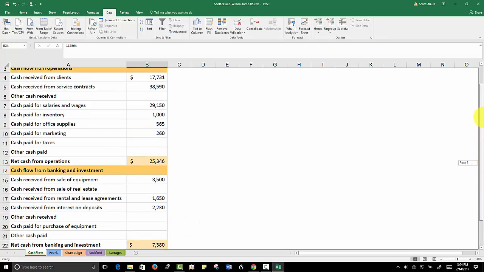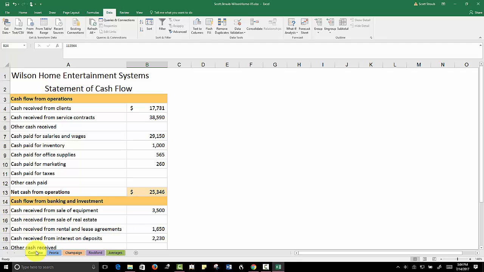Head back up to the top. Need to be on the cash flow sheet. I click in cell A1. I click delete. Gets rid of it. Then I click on cell D2. And you know you're on D2 because it's here, obviously, and you can see it says D2 in the upper